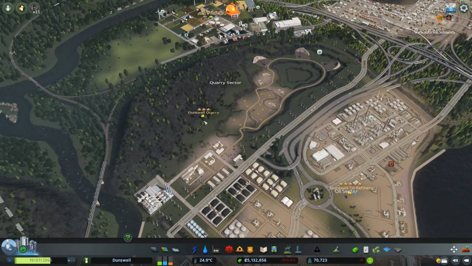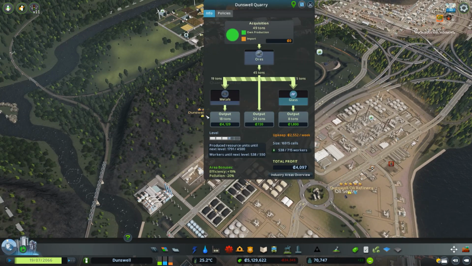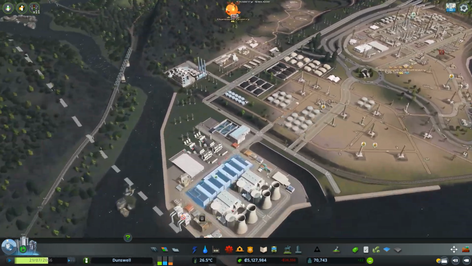Last episode, I left you off with a functional quarry that is halfway through level 3. Or halfway through level 4, I guess. Halfway to obtaining level 4 from level 3. Anyways, so this is what we're going to be doing this episode. I would like to complete the quarry in its entirety, and I'm just noticing one thing over here, which is